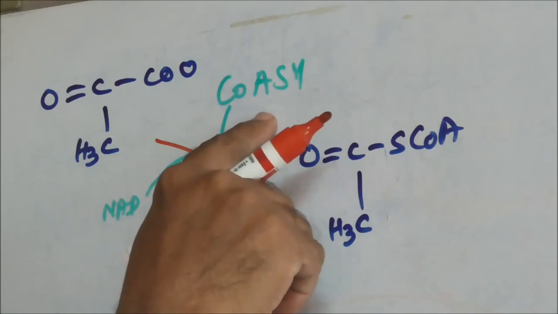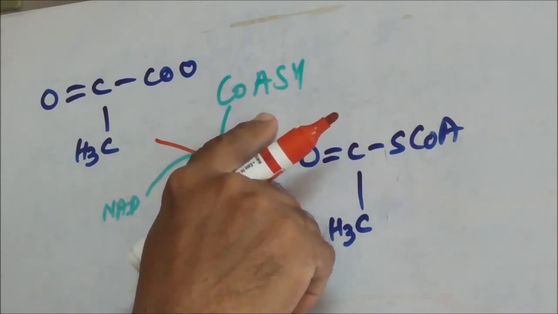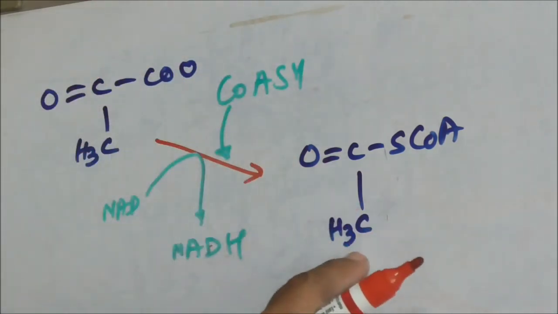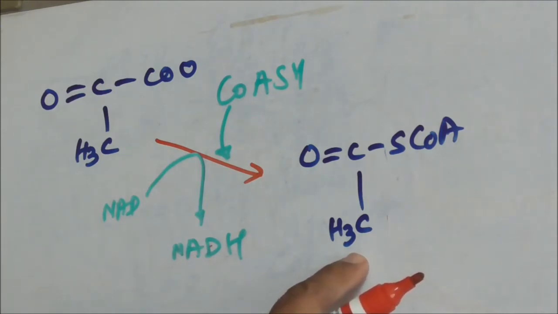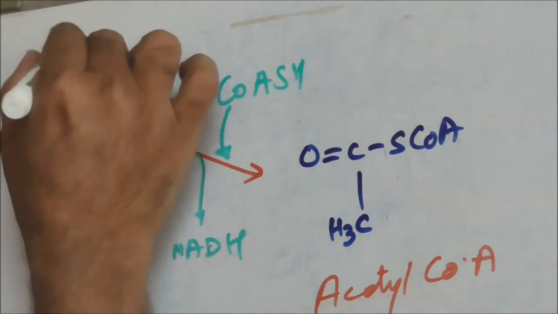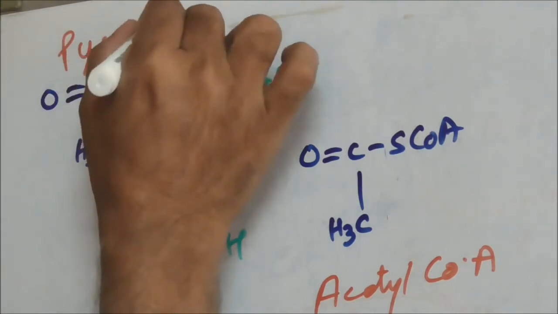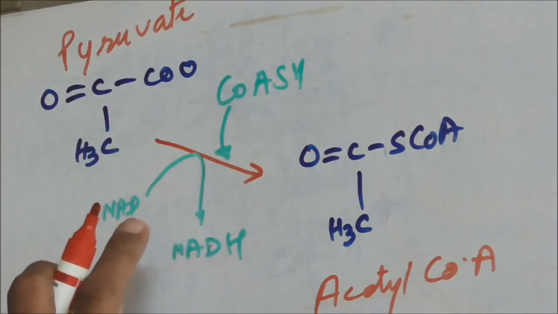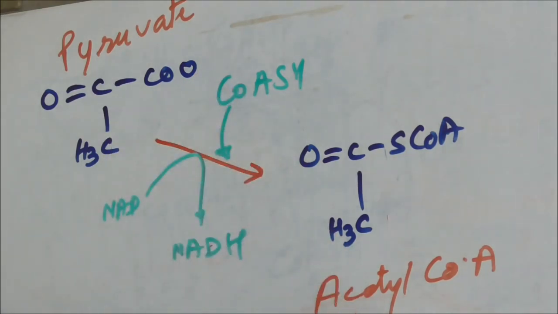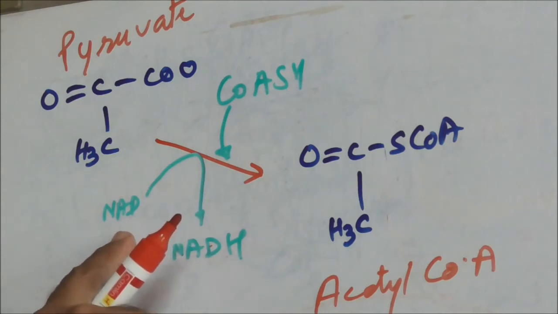So this is where coenzyme A gets involved, and in the presence of pyruvate dehydrogenase, it reacts with pyruvate to give rise to acetyl coenzyme A. This is acetyl coenzyme A. So pyruvate would react with pyruvate dehydrogenase, coenzyme A would get involved in the process, and the end product will be acetyl coenzyme A. Now in the dehydrogenation process, the hydrogen which is given out is picked up by NAD, nicotinamide adenine